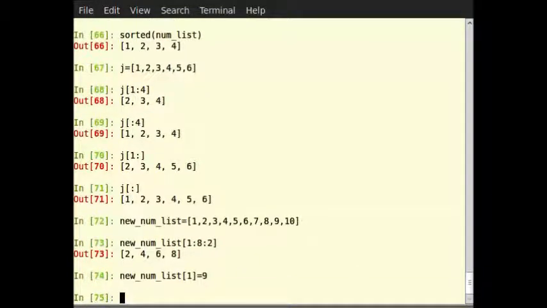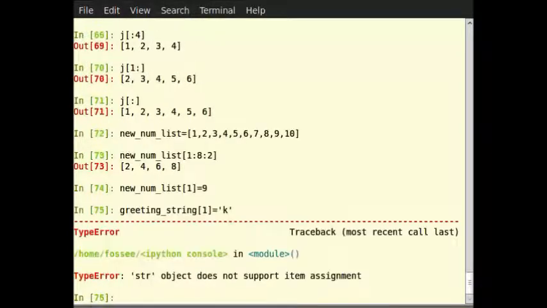Then greetings_string[1] = 'k'. Oops, you can see an error. As you can see, while the first command executes without a problem, there is an error on the second one.